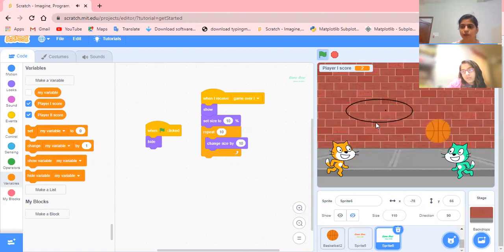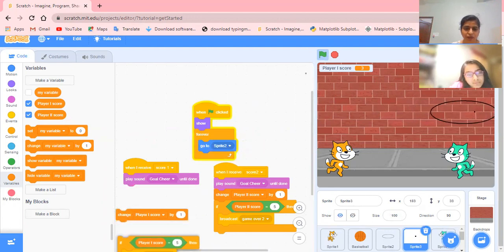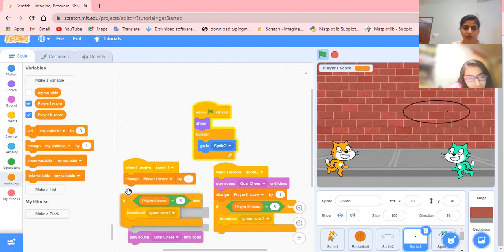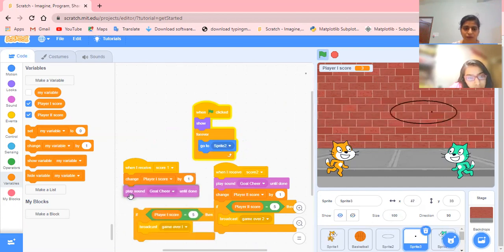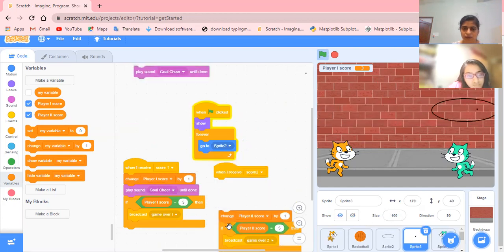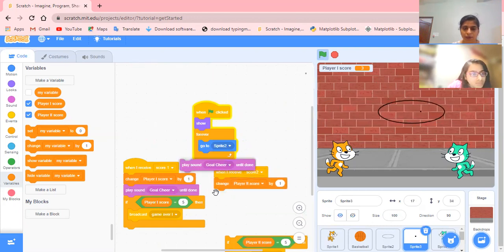Yeah, the sprite size we are supposed to increase. You see, now it is increased. Why? So it's delayed. Okay, it's delayed because the sound is first, and sound takes time to play. So what we can do, let's switch this. The variable value must be changed quickly, then play the sound, and then the condition for both players. And let me increase the size.